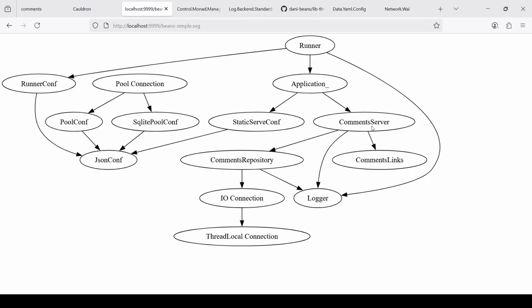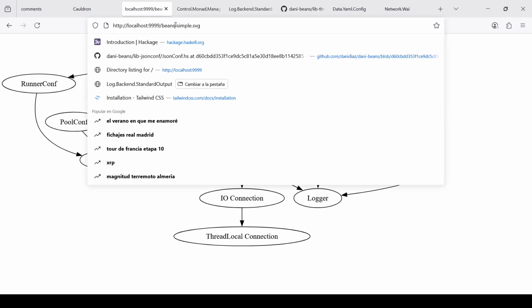So thread local. By the way, why is comment server not depending on the pool? Because I'm using a very simplified